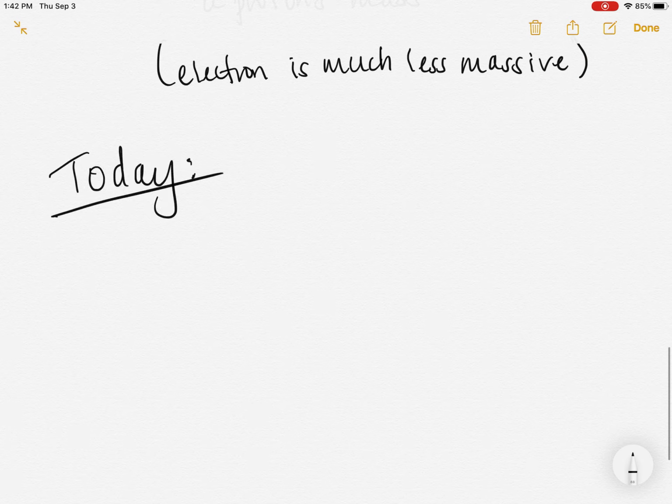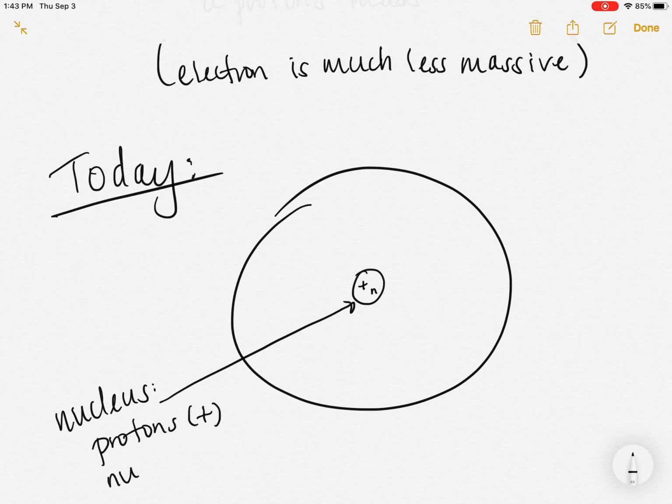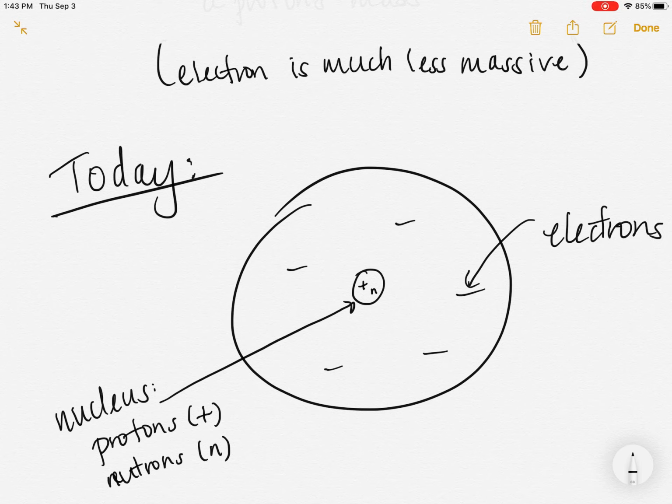So we know today that the model of the atom looks something like this. In that nucleus are protons and neutrons, which I labeled protons as a plus, and neutrons I labeled as an N. And then the electrons are out here. And this is the model that we accept to be true today. And this is pretty much where our discussion of atomic theory ends, because